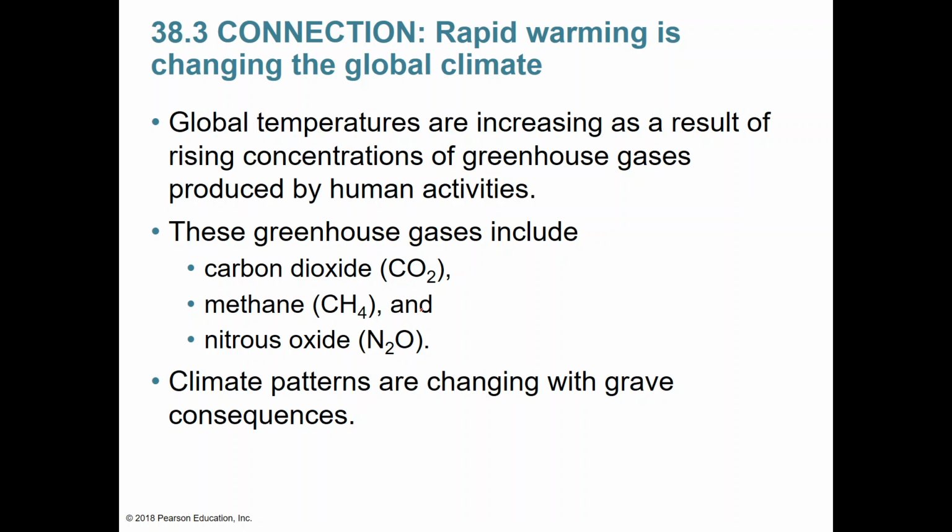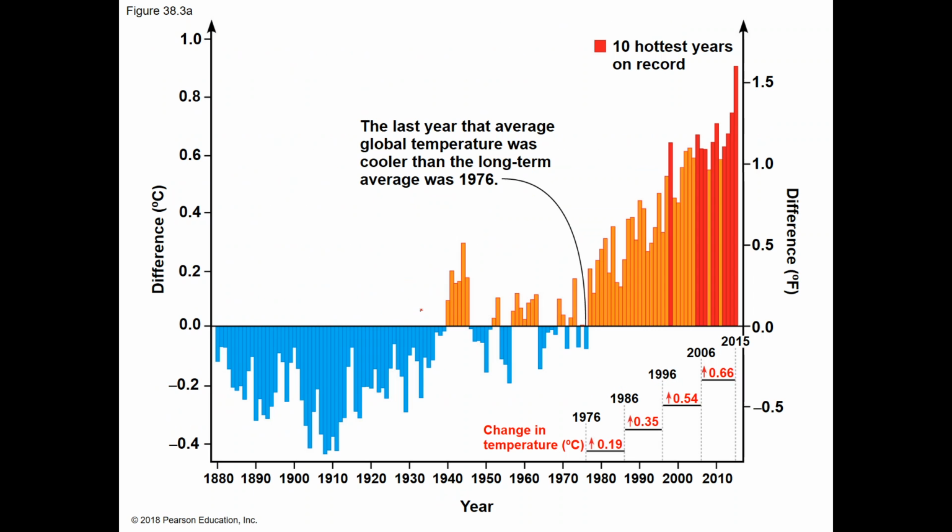Sorry, my slides are advancing funky. But the signature effect of these increasing greenhouse gases is a rapid increase in global temperature. It's risen about 1 degree Celsius, or almost 2 degrees Fahrenheit, since about 1900. And that might not sound like a lot, but that increase of a degree Celsius has had major impacts on the global temperatures, or on how the Earth has